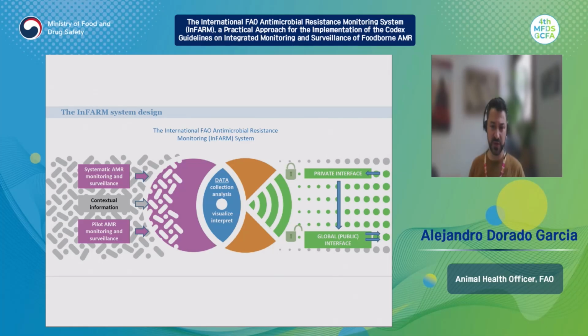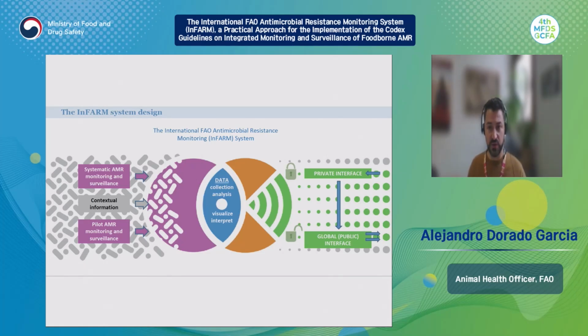In the INFAM system, we can talk very simply about the architecture. On the data generation side, we are accepting data from systematic monitoring and surveillance systems, but we are also accepting pilot monitoring and surveillance activities. This is because we understand that there are different levels of development and implementation of national surveillance programs. From the inception, INFAM also accepts officially validated data from other sources, but these are the two main sources, and the data is classified accordingly as systematic or pilot activities at national or local level.